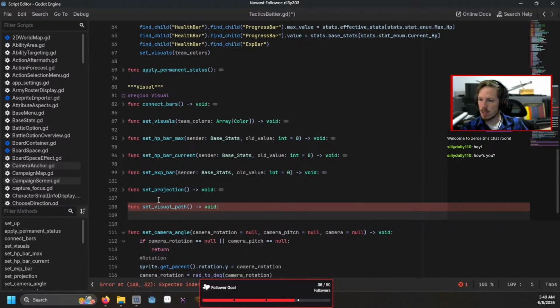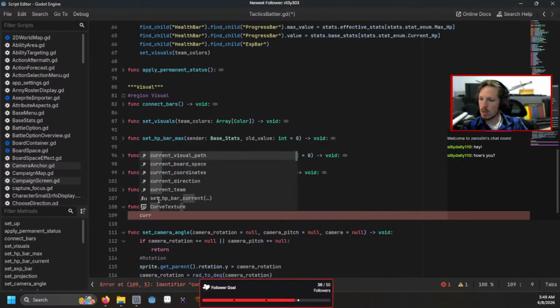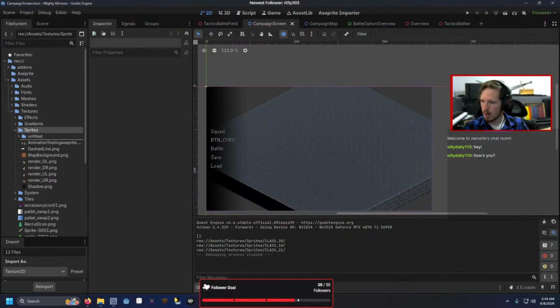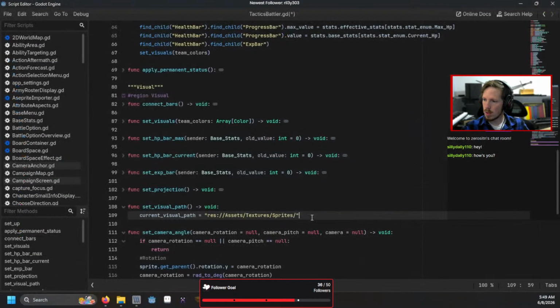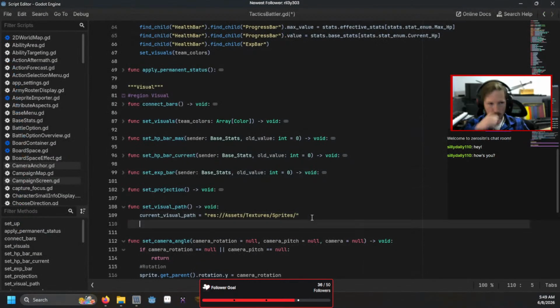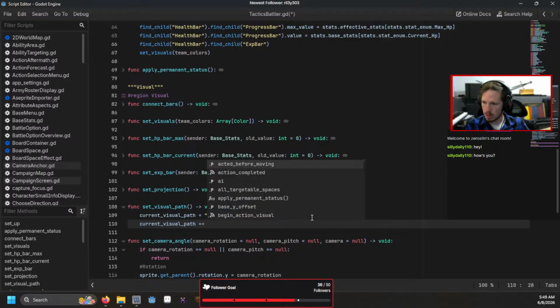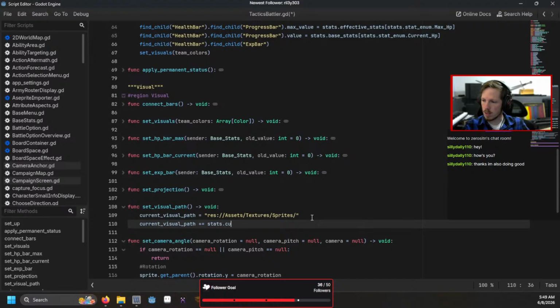Let's see. So, current visual path equals. Alright. So, current visual path plus equals stats dot current class dot data ID plus